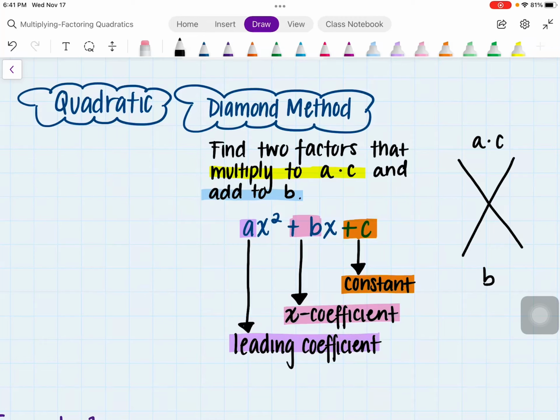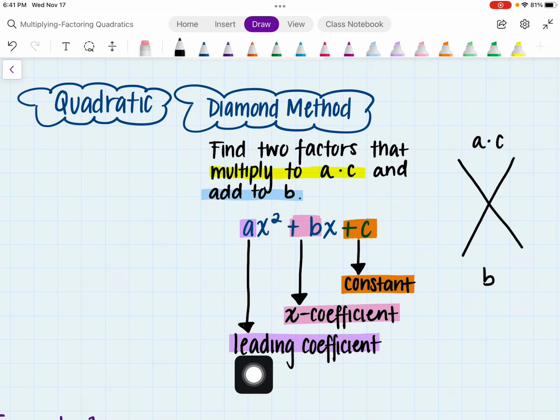Alright, you guys, so on today's lesson, we are going to be starting to factor quadratics. In this case, this is the introduction, so this is intro to factoring, and we are going to be factoring using the diamond method. A quadratic expression has the form ax squared plus bx plus c,